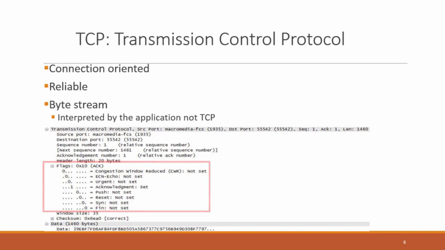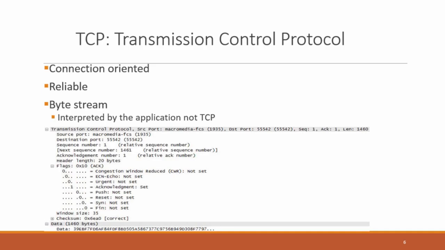SYN is open a connection with me. Some like to refer to that as the hello. And then finally, FIN is the normal close of a connection. These are the 6 main flags of TCP. By understanding these flags, you can identify what's taking place in the network, both from a standpoint of normal traffic